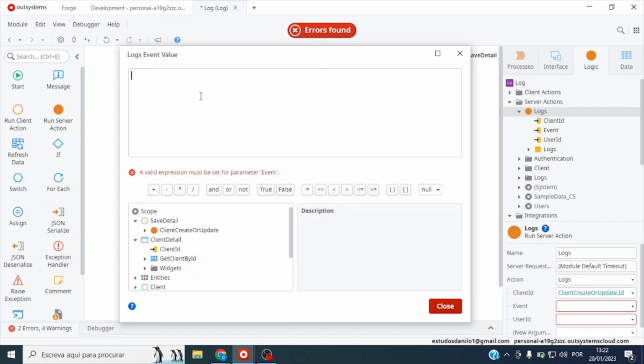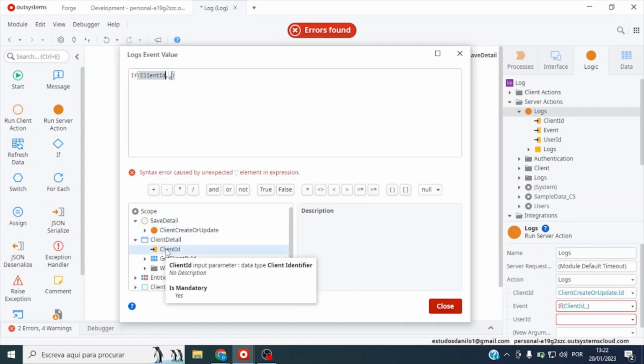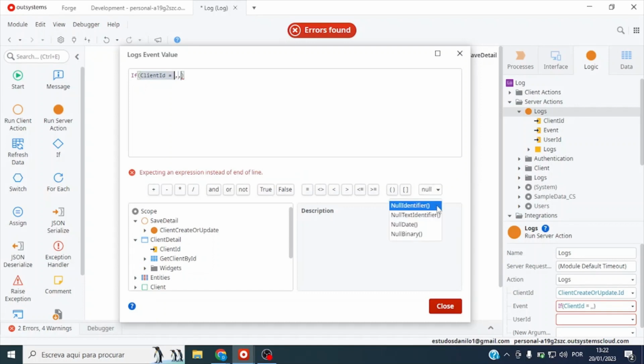We need to create an if. Within that if, we will say the following. Here, our client ID, if it comes with ID, the same ID,